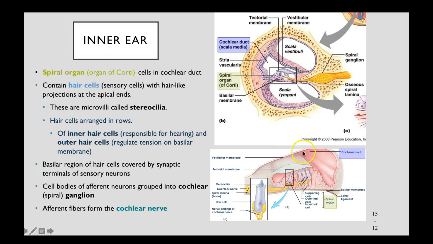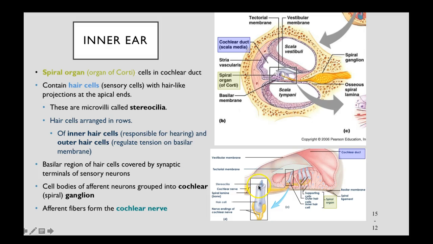Superiorly, we have your vestibular membrane. Inferiorly, we have your basilar membrane. And sitting on this membrane, we have your spiral organ or organ of Corti. Our organ of Corti contains hair cells that are going to essentially transmit sound. If we look at a close-up or a magnified view of one of these hair cells, you will see this hair cell in the light blue here, and at the very end, the apical region, we have microvilli that are